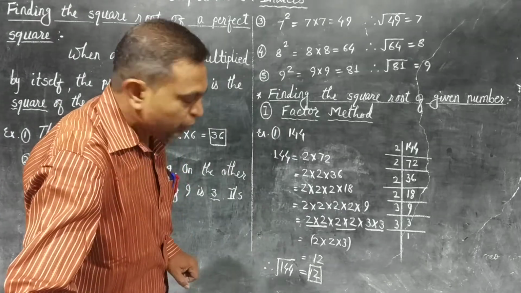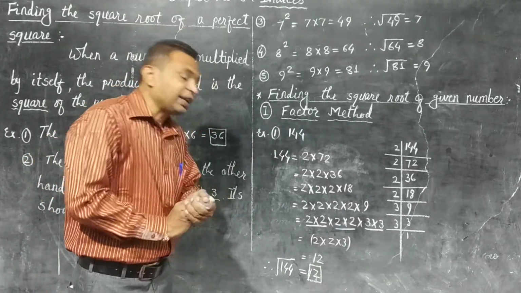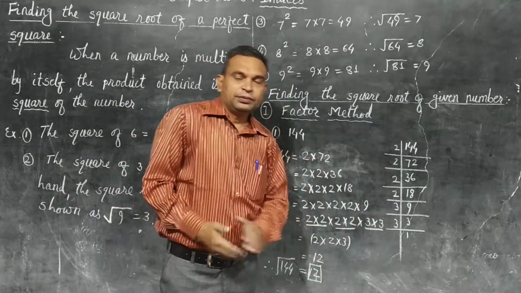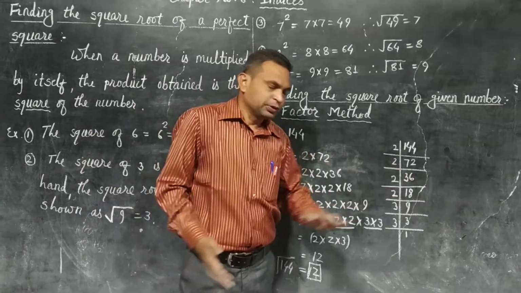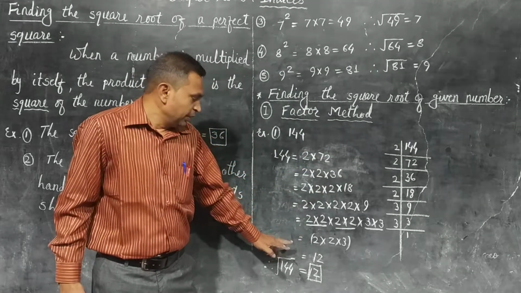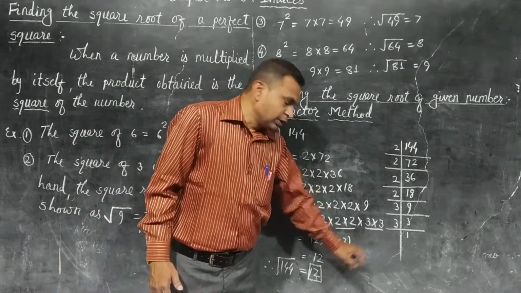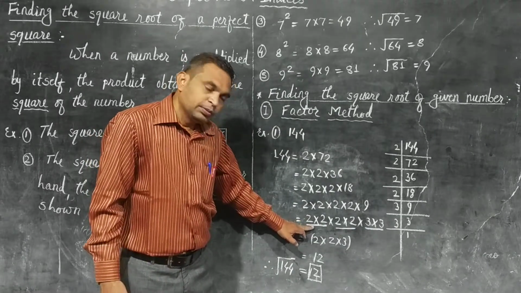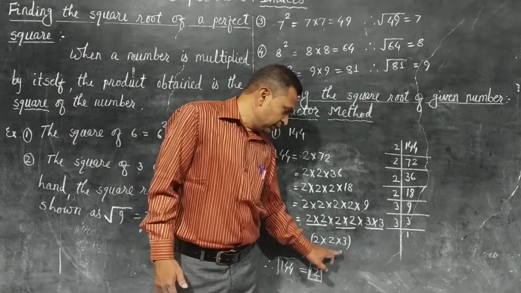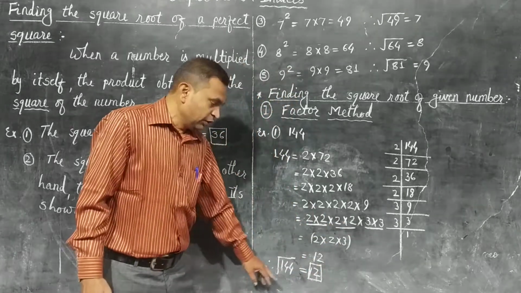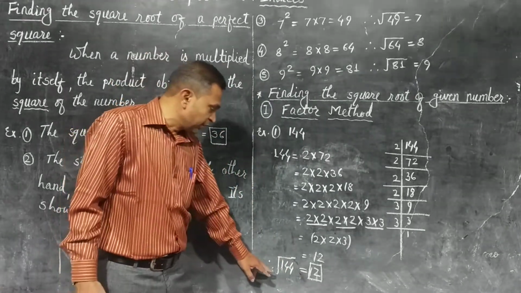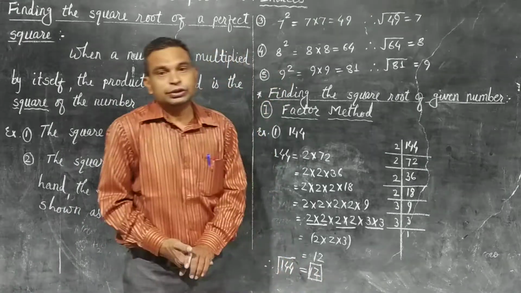How have we done it here? We factorize the given number by the vertical method we have learned in the third chapter, and then put it in the horizontal way, and then we get pairs. Put one factor of each pair: 2, 2 and 3. 2 2s are 4, 4 3s are 12. If we multiply 12 into 12, then we get the product 144. It means square root of 144 is 12.